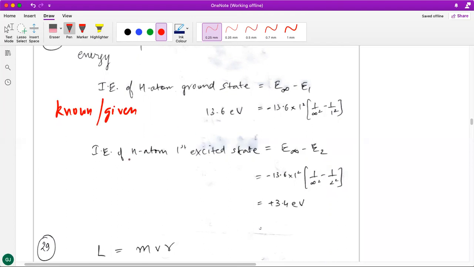Now what you are being asked is ionization energy of hydrogen atom in the first excited state. So that means you have to take the electron from n equal to 2 to n equal to infinity. That is the change in energy that you'll have to calculate in order to take the electron from first excited state to out of the atom. So you substitute that over here, that this is delta E. Delta E is always final minus initial, and far away from the atom, the energy is 0. And for the second orbit, you can calculate the energy and get the answer.